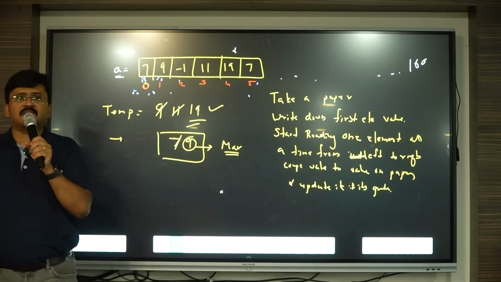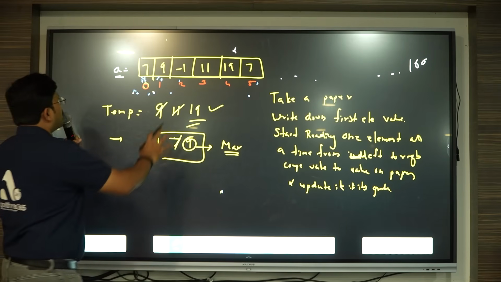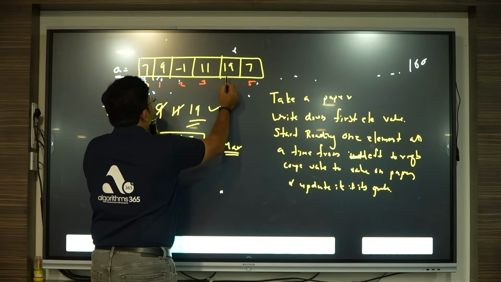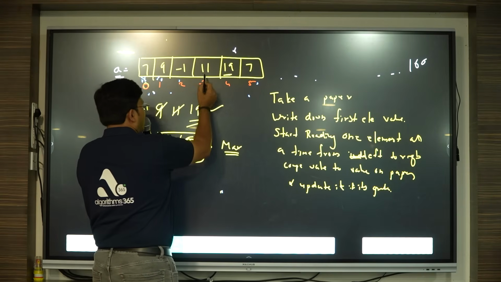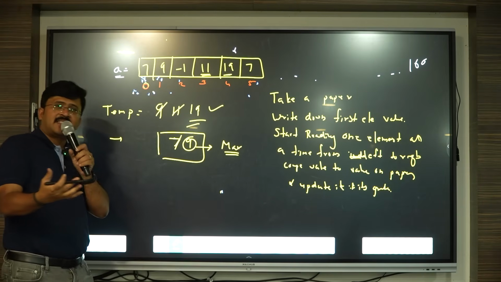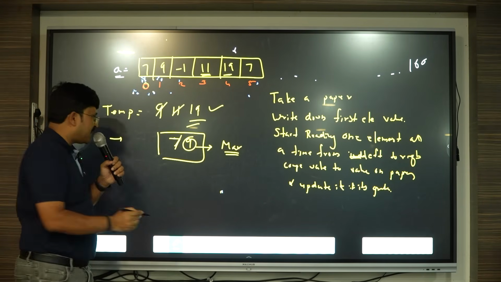You understood the question? So you have to print. So what is the answer? For the first max, it is what? 19, correct? What is the second max? 11. So now what you tell the child, the 5-year-old, you will say that you keep one more